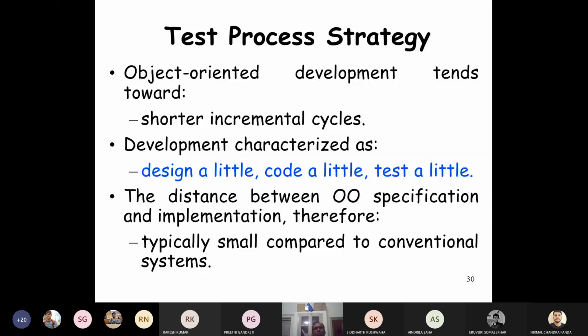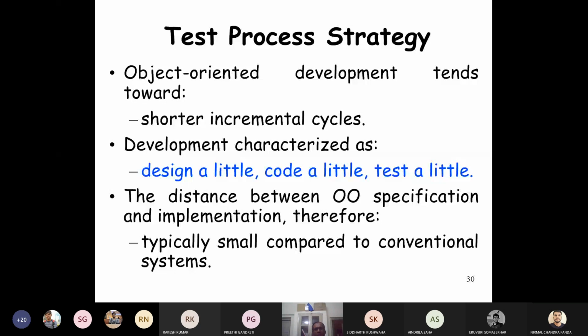So nowadays people are motivated towards these shorter incremental cycles, not like the classical waterfall model where you have to develop the SRS document for the whole software, the design document for the whole software, the code for the whole software, and design the test cases for the whole software.